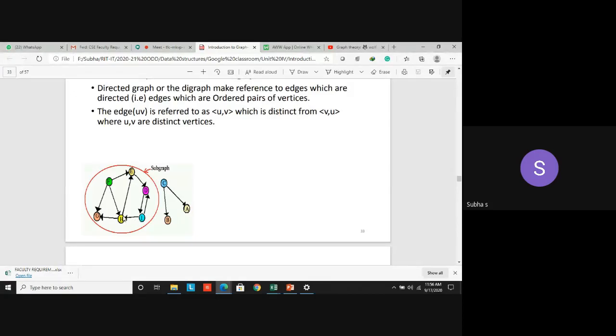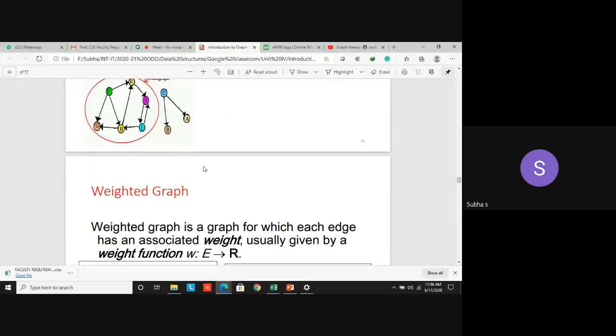How? Look at the other nodes. There is a path from H to E, so you can go there. Then from E to D, then from D to I. In this way I can reach. So with the directed graph, we have so many applications. Yesterday I told you about the Chinese postman problem and the traveling salesman problem. Watch that video also. Those are all interesting problems with respect to graphs.